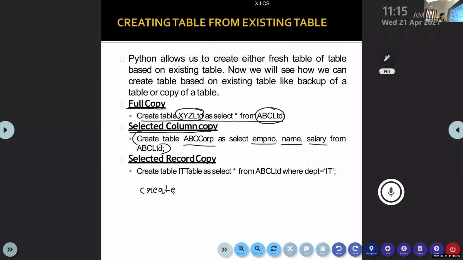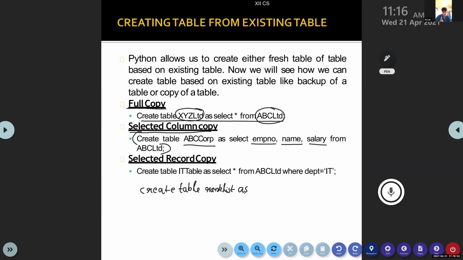Create table. Let the table name be rank list, as? Create table rank list as.